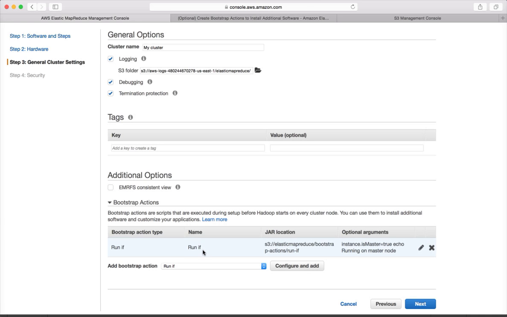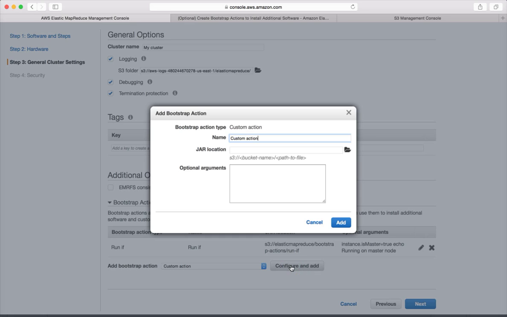So run if is actually a public S3 location. So if you want to run a particular thing on all the nodes in the cluster, you can use this. Otherwise, you have to use custom action like this, and click on configure and add. And you can specify the path of your shell script also, or even give the jar location. The name is a little bit misleading, but you can actually give the shell script also, and then you can